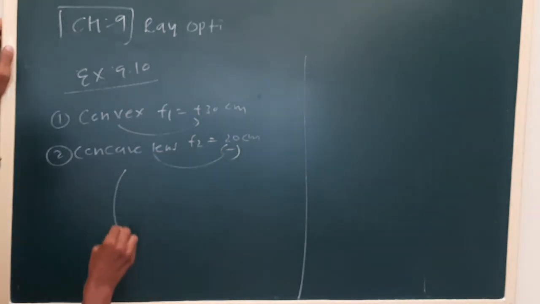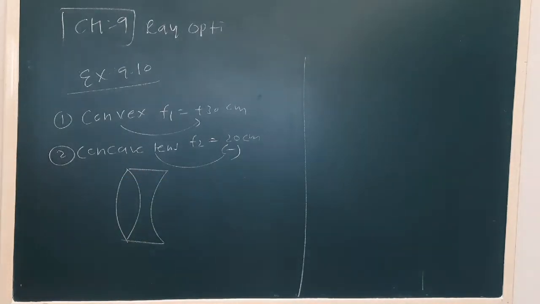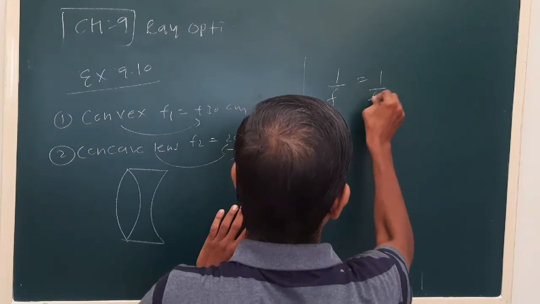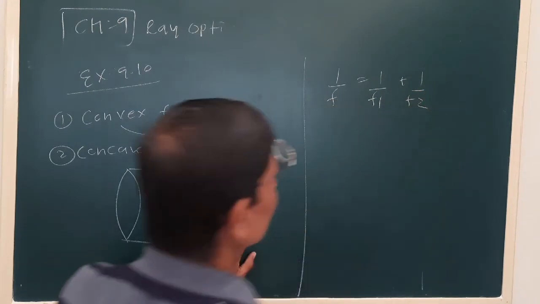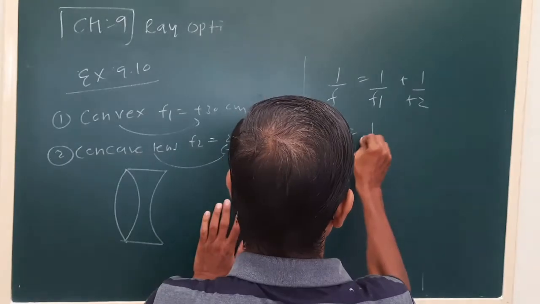See, they are kept like this. What we have to calculate? Equivalent focal length. Now see, for equivalent focal length, 1 upon F is 1 upon F1 plus 1 upon F2. That is a formula that we have derived earlier in the theory part. So it will be 1 upon 30